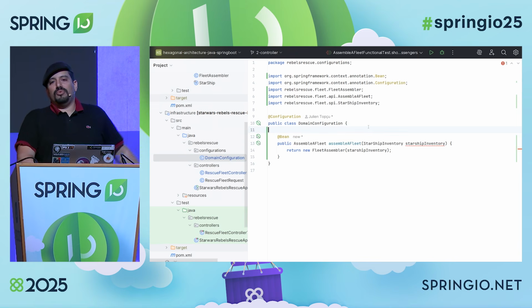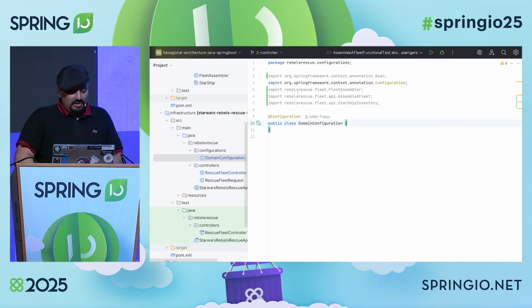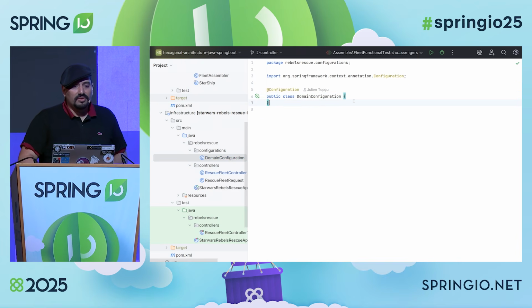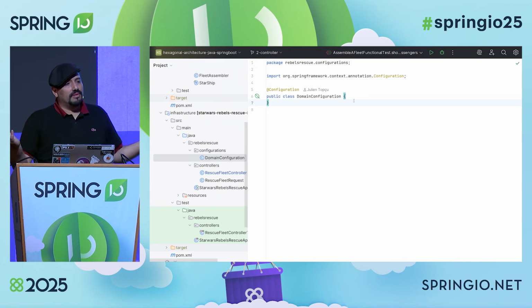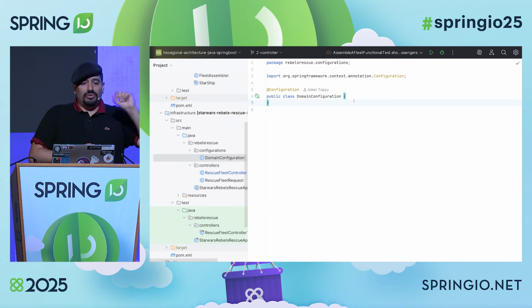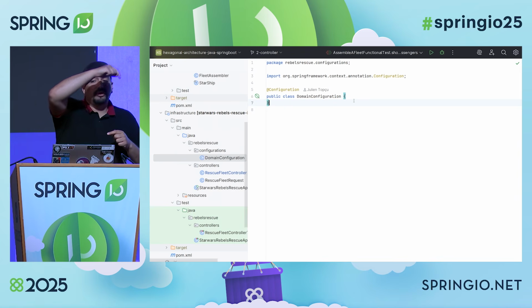But I don't like this option either. It's like doing half of the job of the dependency injection framework. So I rather like to still rely on annotations because I find it to be a better developer experience. But how can we do that, since these annotations are Spring dependent? I will show you a little trick that will help you make sure that it will be Spring that is aware of the domain and not the opposite.